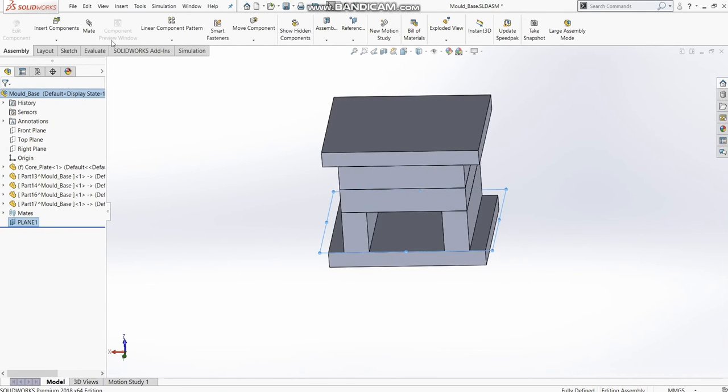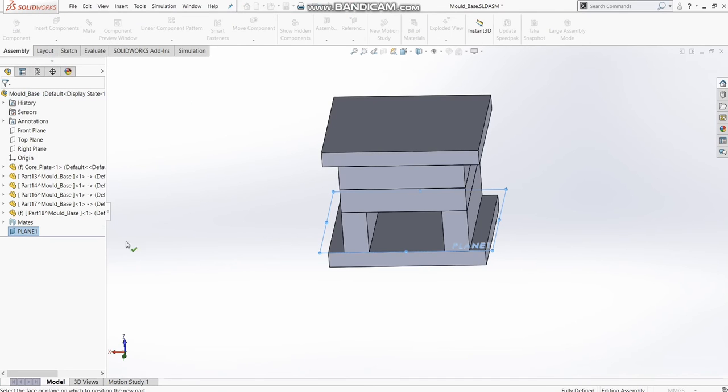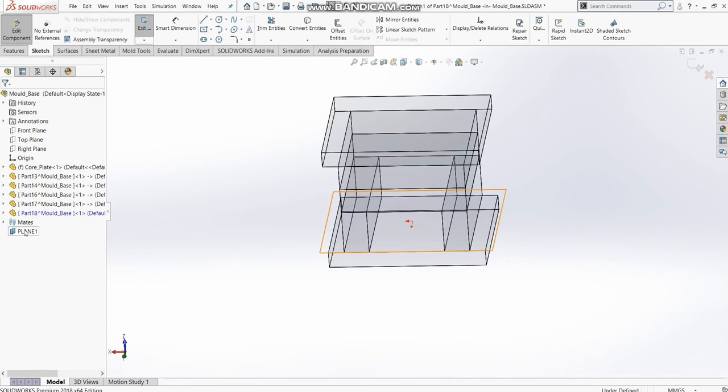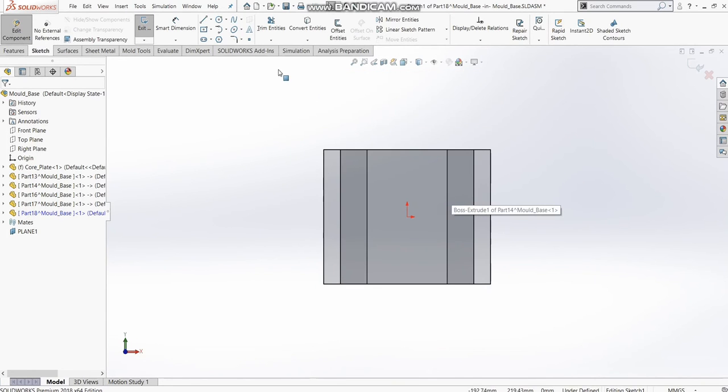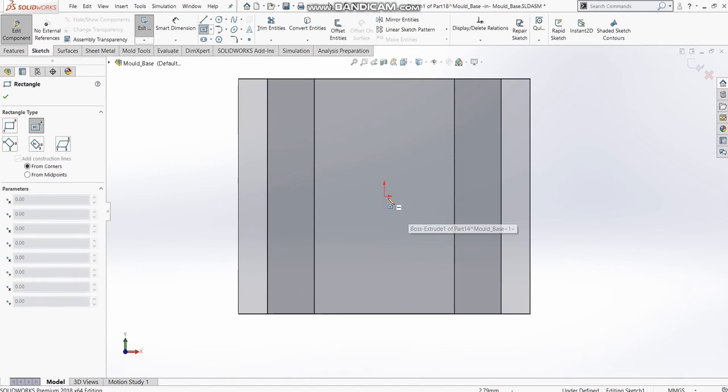Again the same method: go to insert components, new part, and without clicking anywhere select Plane 1. As you can see, we are in sketch mode. So prepare a sketch.